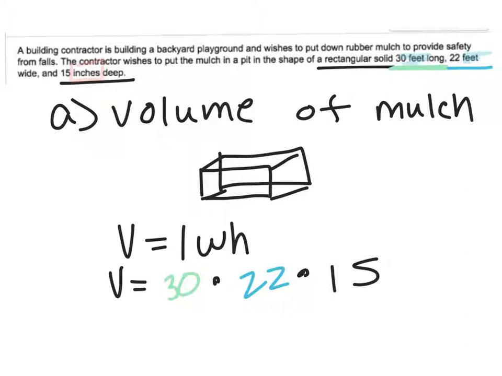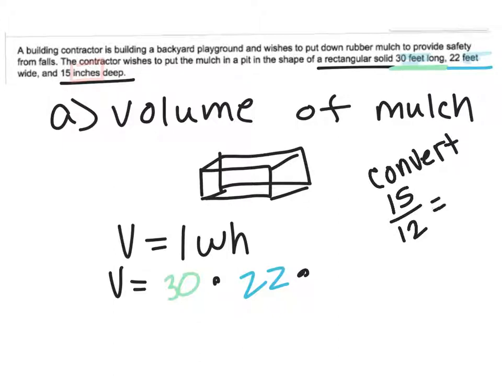So we can't just multiply those three numbers together without them being the same units. So I actually need to take those 15 inches and convert them into feet. So because there's 12 inches in a foot, I'm going to take that 15 inches and divide by 12. So that means that the depth is actually